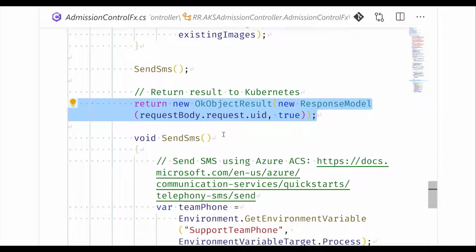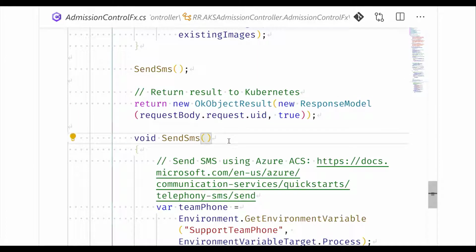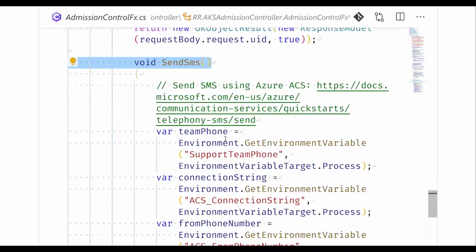We have used the send SMS function quite a few times now. Let's look at the body of the send SMS function. If you remember, we are using the Azure Communication Service in order to send SMS to SRE teams. Using the SDK, sending out SMS is pretty easy.